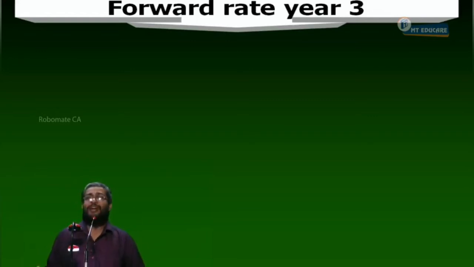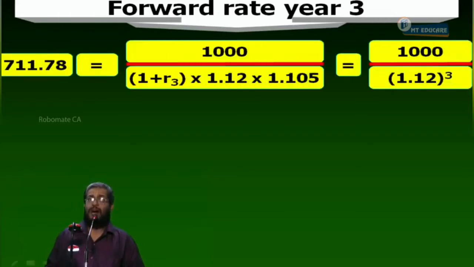Tell me first. What is the value of a 3-year bond? 711.78. Okay. So what is the value of a bond? Present value of the future cash flow. Now, what is the future cash flow? 1000. I discounted what percent? R3. This 1000 is brought to which year? Second year. I discounted 12%, brought to first year. I discounted 10.5, brought to year 0. Accept or not? Same 711.78 I can get if I discount the 1000 by, look at the question,